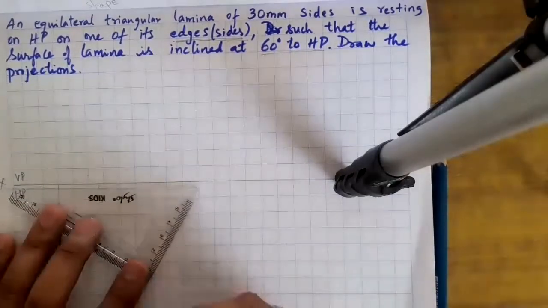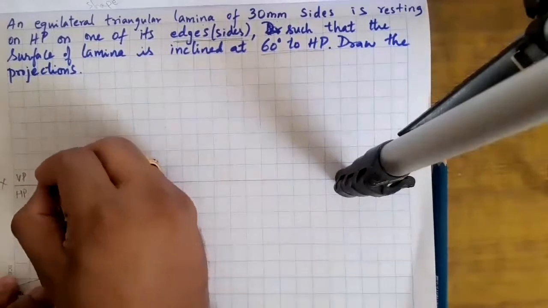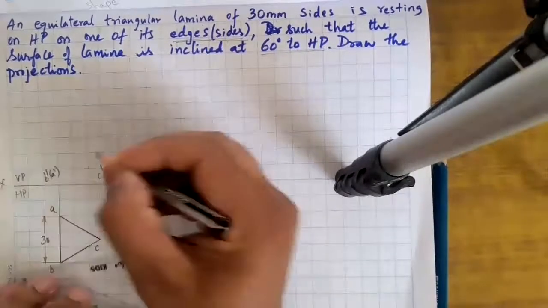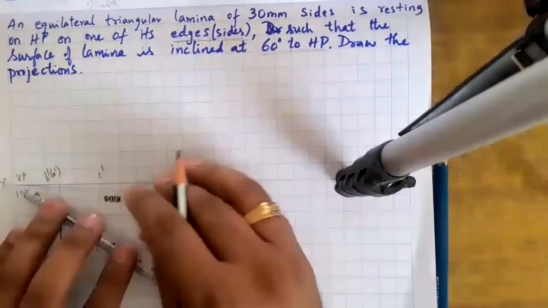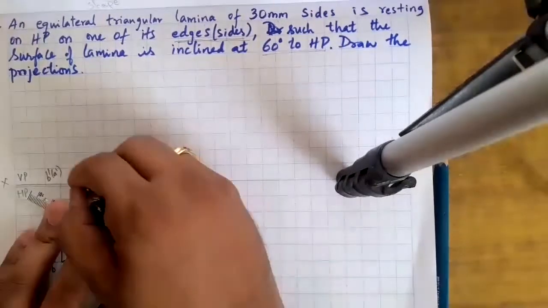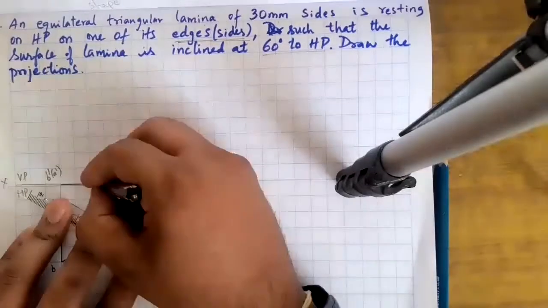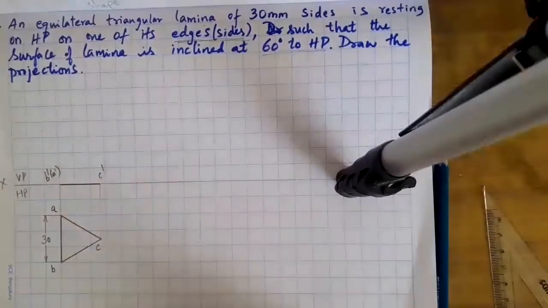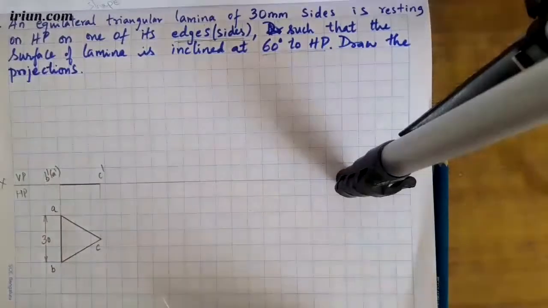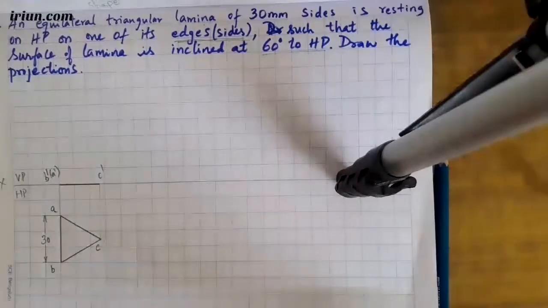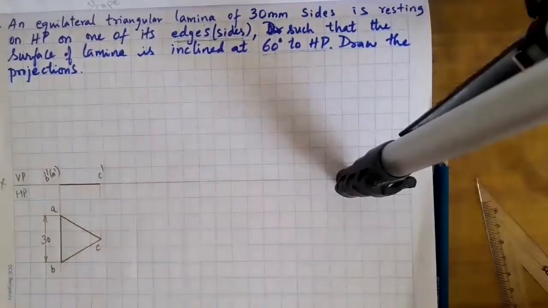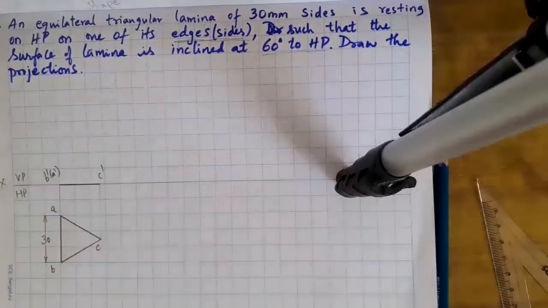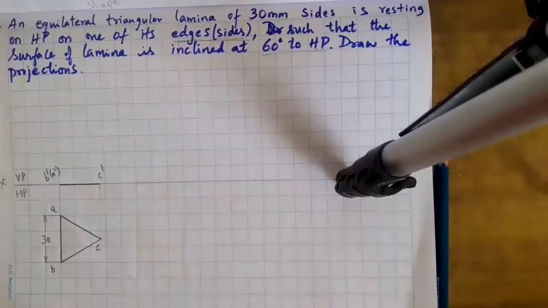Next, front view, I got it like this. I'll name this B dash, A dash and C dash. So front view, within this range only, I am going to mark it. Can anybody tell me what is the length of this front view? Can anyone tell me its length? 2.5. Exactly 2.5? Around 2.7. Yes, 2.6, 2.7, 3. 2.7.